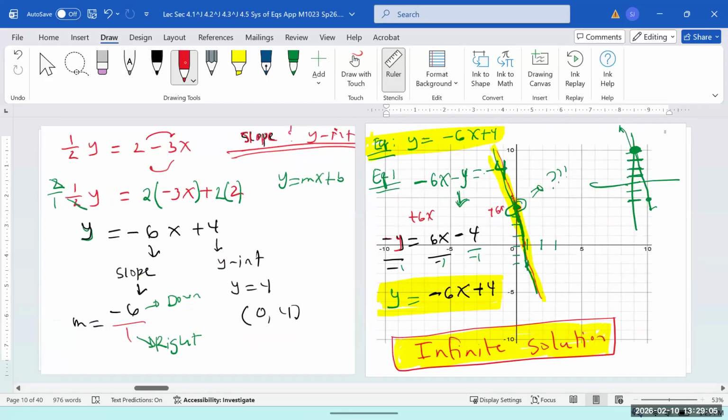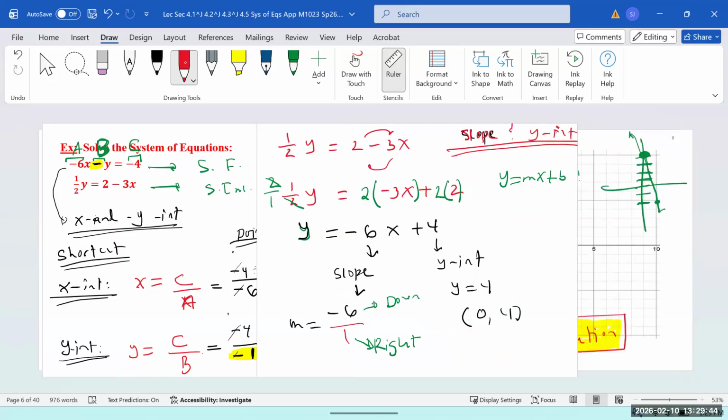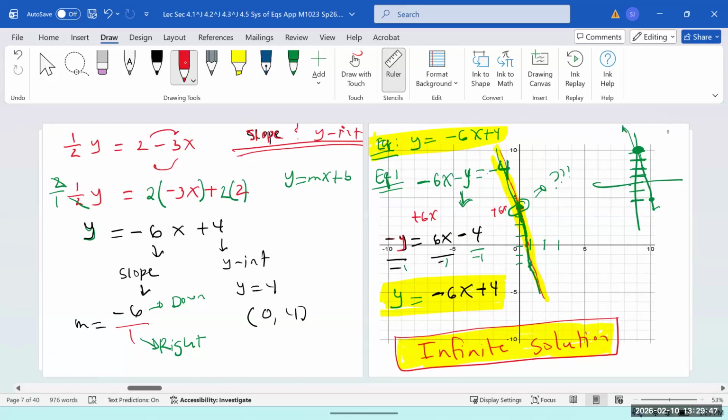So we started the last graph using the graphing method because it says solve this using graphing method. So we needed the x-intercept and y-intercept. Since the first equation is in standard form, we went for the x-intercept by applying the formula x equals c over a, and we went for the y-intercept by writing y equals c over b. So we need to know what a, b, and c are. I wrote this down on top of the standard form. So we got our x-intercept and y-intercept, and we went to the graphing paper and graphed that.